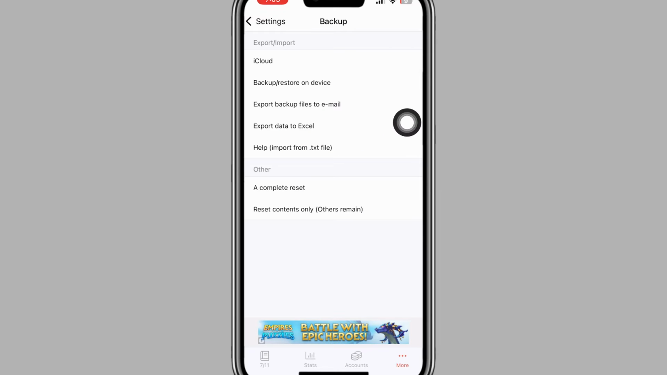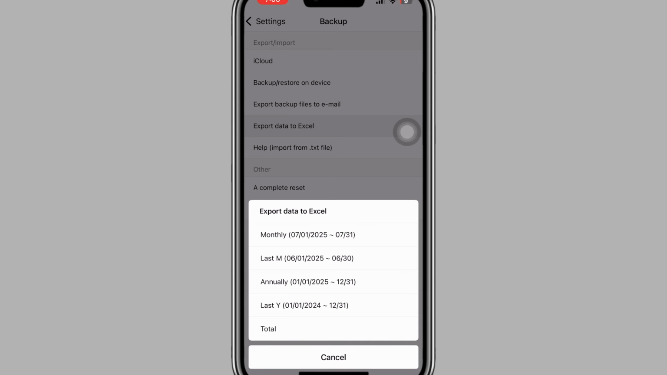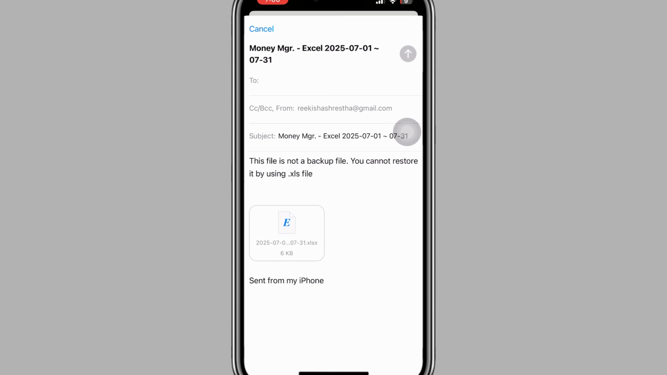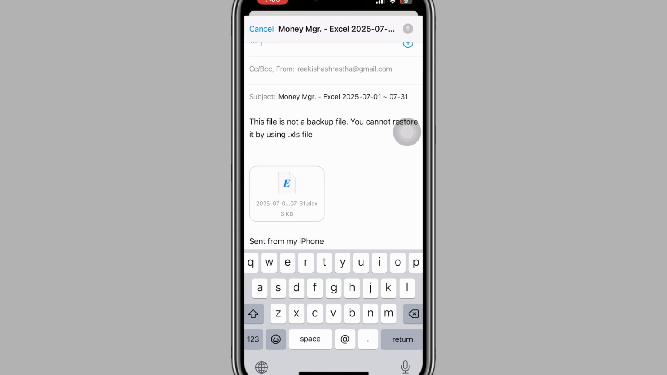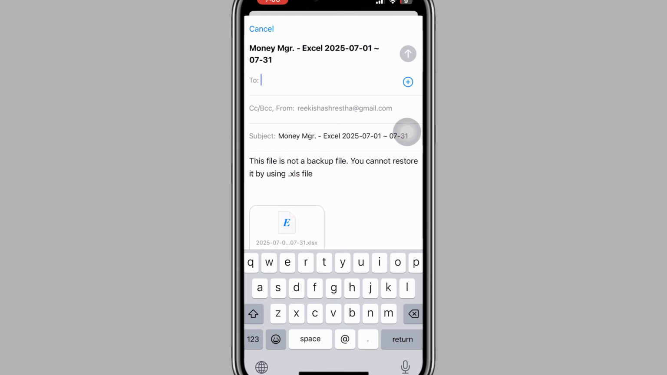Now select the format you want, usually CSV or Excel, which are easy to open on most computers and spreadsheet apps. So here tap on Export Data to Excel. Tap on Monthly. Now here you can export your data to email. Simply type in your email, and once you type in your email, send it by tapping on this, and that's